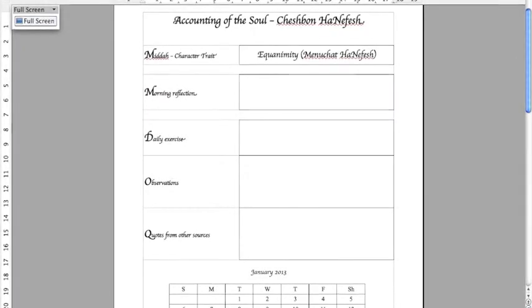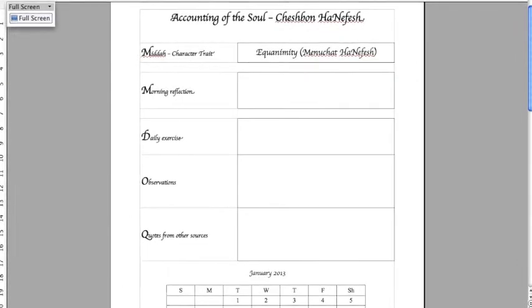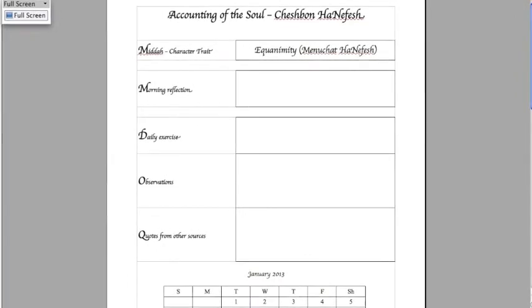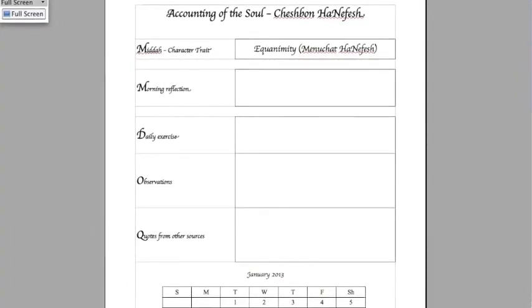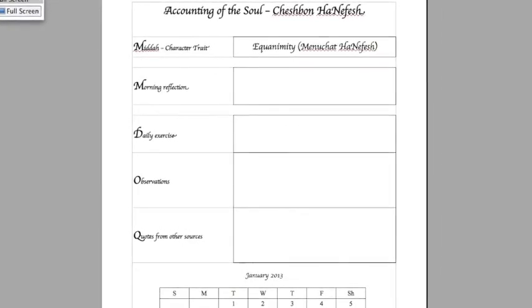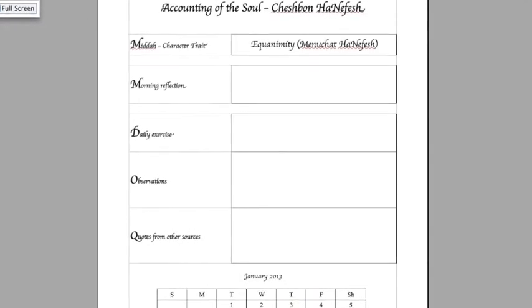So now at the end of the day, we want to see how we've done. And so there's going to be a cheshbon, or a reckoning, or an accounting of how you did that day. There is a sheet, or 2 sheets actually, that are provided for you with the Middah A Month each month, where the first has the name of the character trait, the Middah that we're working on, and then some boxes underneath that you can fill in. So that should be done at the beginning of the month.